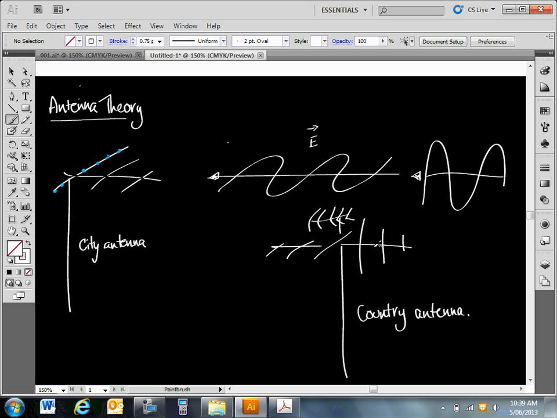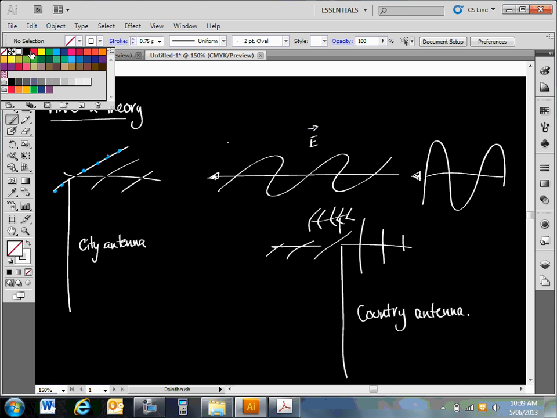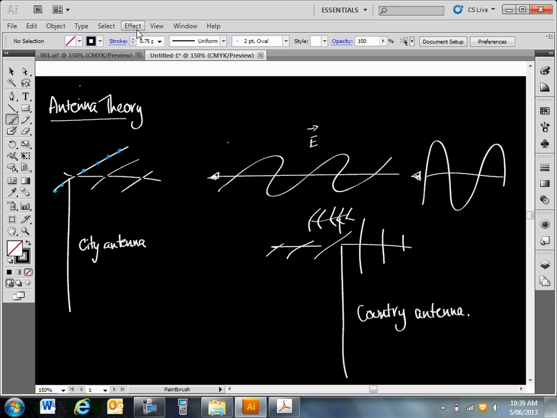Ah, right, okay. We have a city antenna, and this is one radio station, of course. What about different radio stations? This one's an easy one too, if you think about it. How do you change radio station? You change the frequency of the